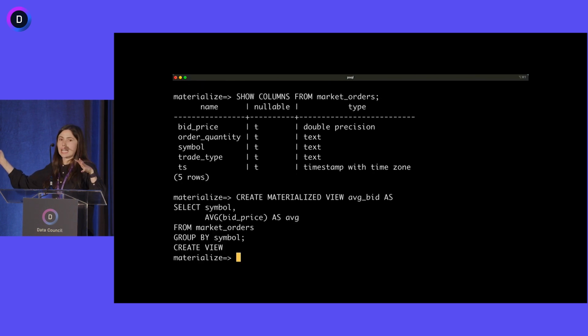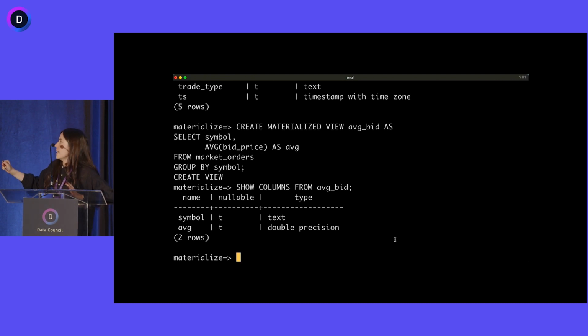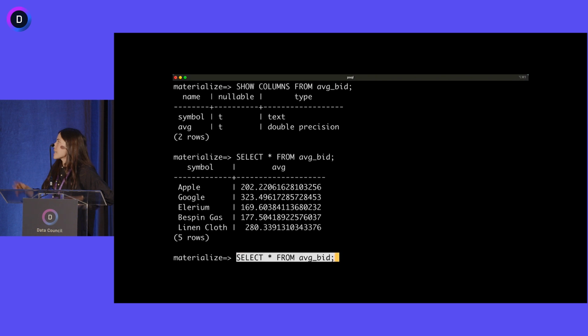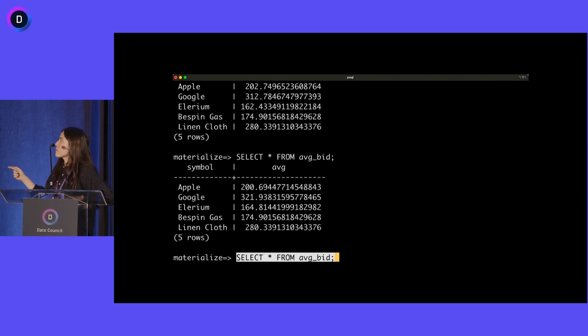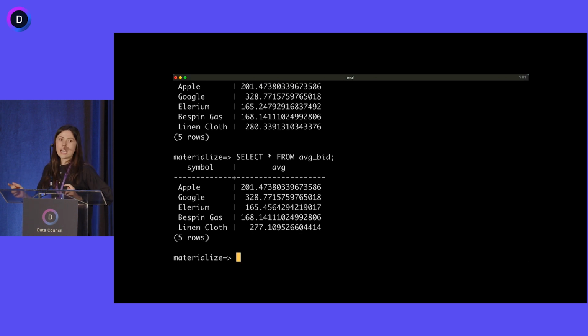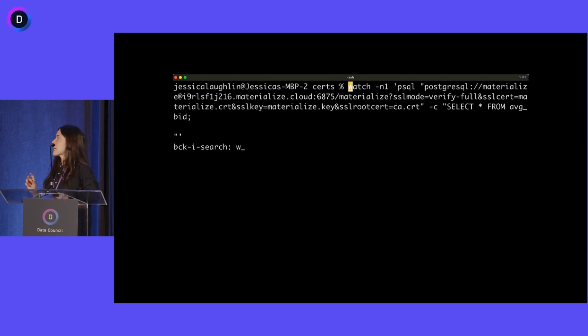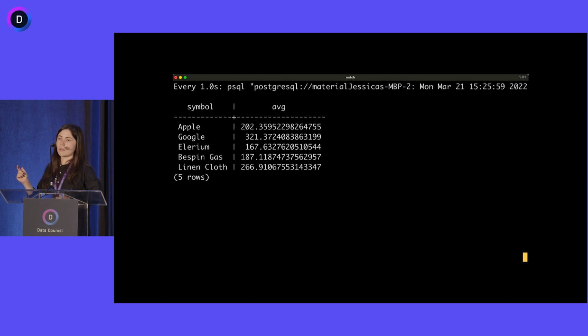And so the statement here looks like probably anything you've executed in Postgres or other databases. And this is transforming streaming data in real time. It's actually doing this already. I wanted to show off the columns. So as the data is changing, you can see that the average bid value for each symbol is changing. And you notice that we aren't refreshing these Materialized views. We're not prompting it to recalculate anything. As Materialize is ingesting new rows of data, it is doing the work for you on push. This is just a watch command that's running that same select in a loop. Ta-da. This is Materialize. Thank you.